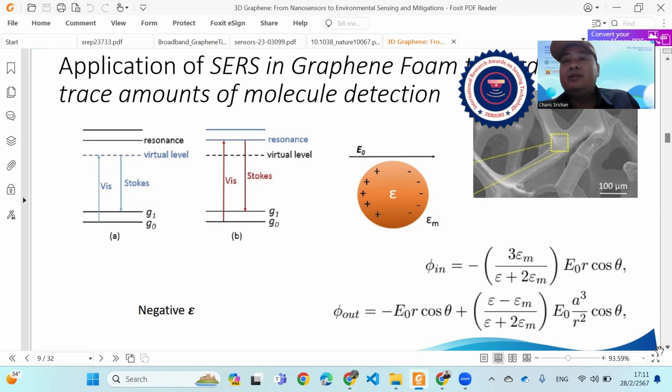But in the visible wavelength, we could use the Drude model to model this, and we found that it is actually negative, and therefore the denominator could approach zero,